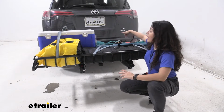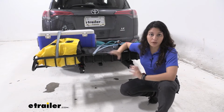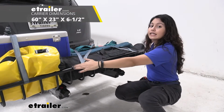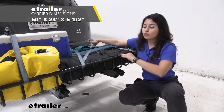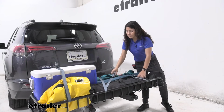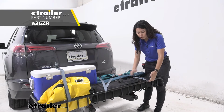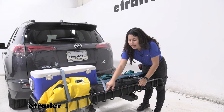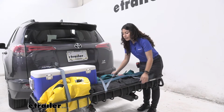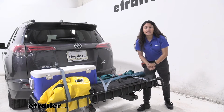This has a weight capacity of 250 pounds with it loaded up on our SwingBase. The dimensions of the GearWarrior itself are 60 inches long, 23 inches wide, and 6.5 inches tall. The straps I used here are our eTrailer straps. You can pick them up at our website, but notice how easy it was to tie them down into our GearWarrior. We have these very convenient bars all around the cargo carrier, which makes it a lot easier to